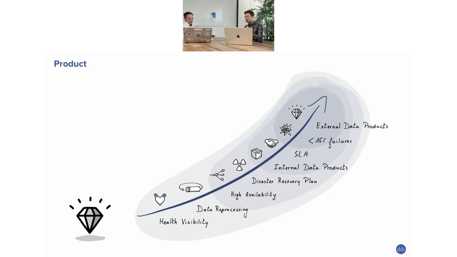And then you quickly move on to high availability. You want to have your service or your API or your pipeline running whenever possible, always, essentially, which is not always possible. And you also have a disaster recovery plan. What if things go wrong? You have a procedure to follow, maybe for people who are on call, so that they know what to do. And that always evolves into data products that are internal. When you have a mature product and people start using it, it's a data product.